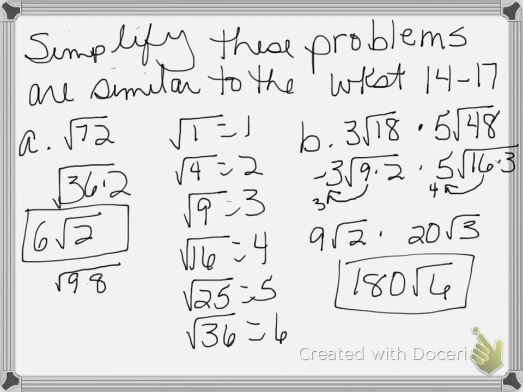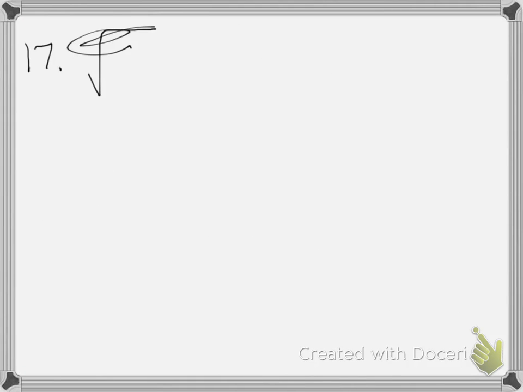Now, back to example A. What if you broke square root of 72 to 9 times 8? You would get 3 square root of 8. Well, 8 is not finished. You can break square root of 8 down to 4 times 2. Then you take the 4 out, square root of 4, and get